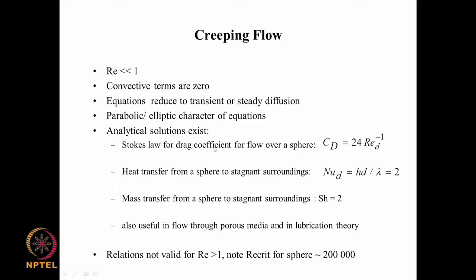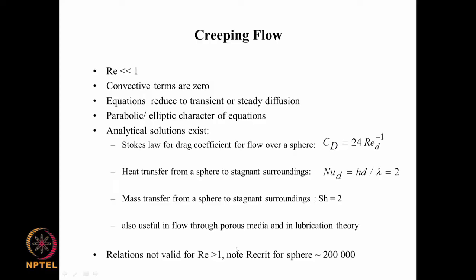For example, Stokes' law for the drag coefficient over a sphere is expressed as 24 by Reynolds number, and heat transfer from a sphere to stagnant surroundings. So, you have certain analytical results which are useful, but these are useful only in special circumstances, that is, Reynolds number much less than 1. So, these are not valid for Reynolds number greater than 1, and Reynolds number greater than 1 is not